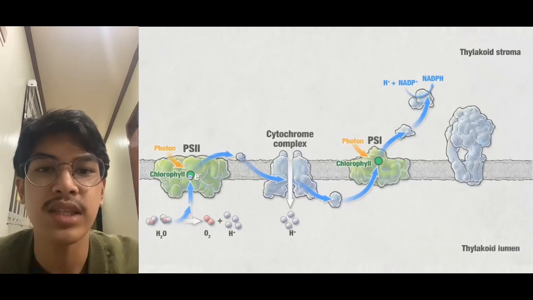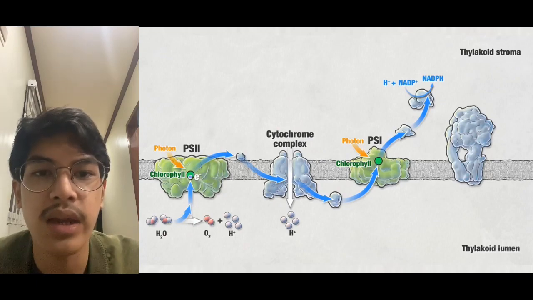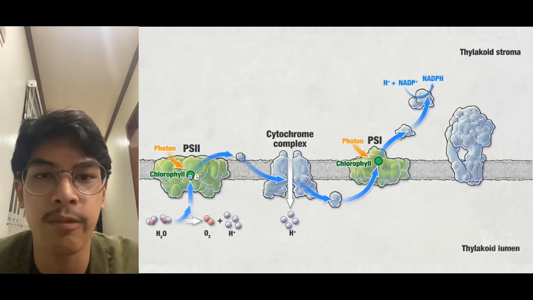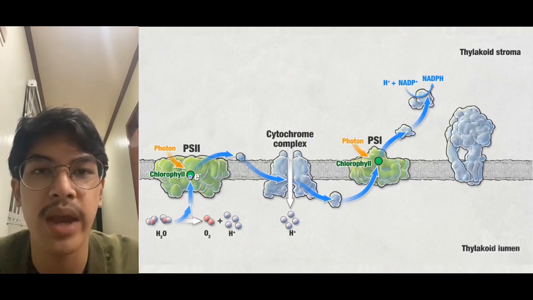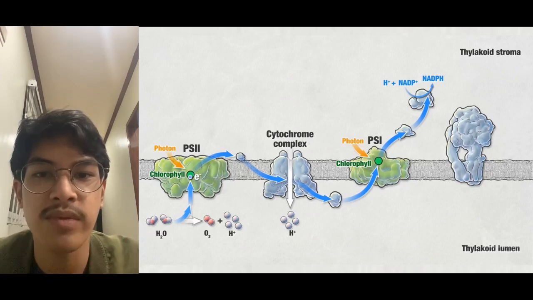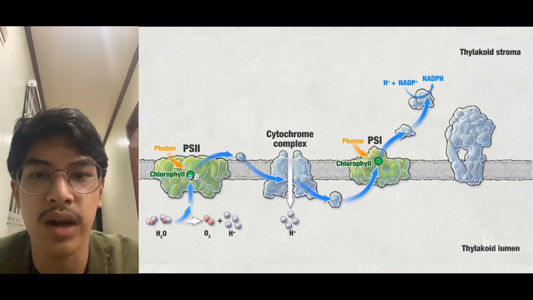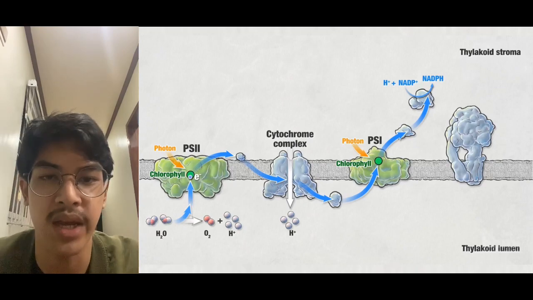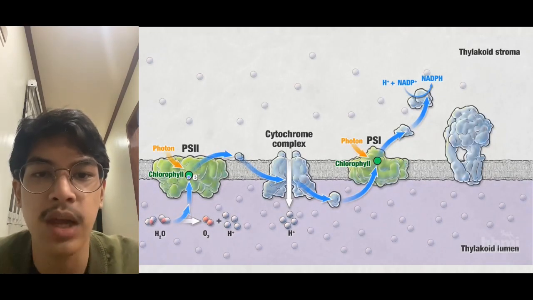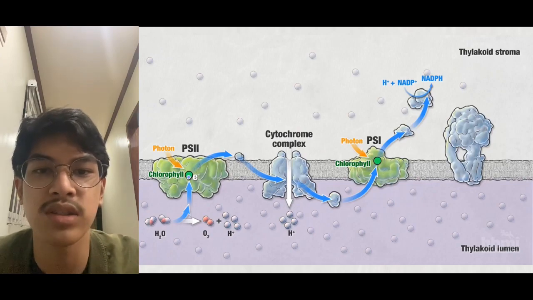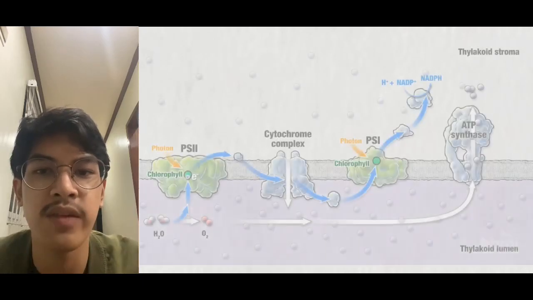Finally, these electrons are either recycled or they interact with an enzyme and NADP+, the final electron acceptor of the light reactions, to form NADPH. Some of the energy from light is now stored in the reduced molecule NADPH. Some of the energy released from the transfer of electrons establishes a proton gradient across the thylakoid membrane. Protons that are accumulated in the lumen diffuse into the stroma